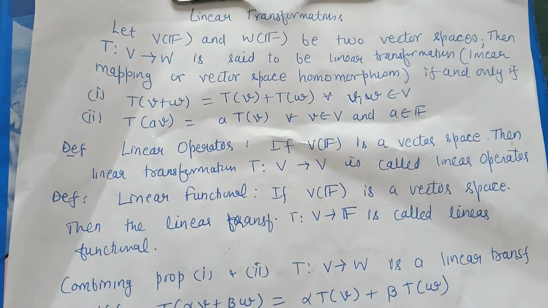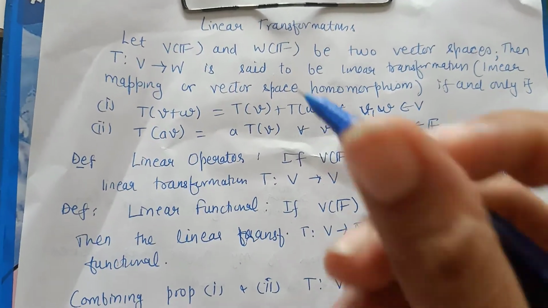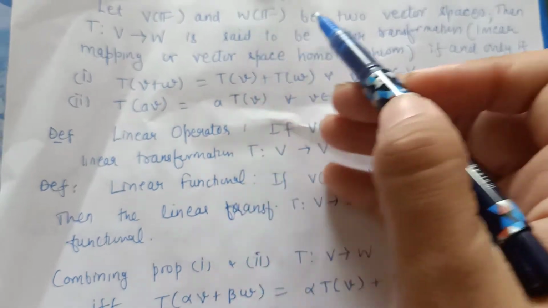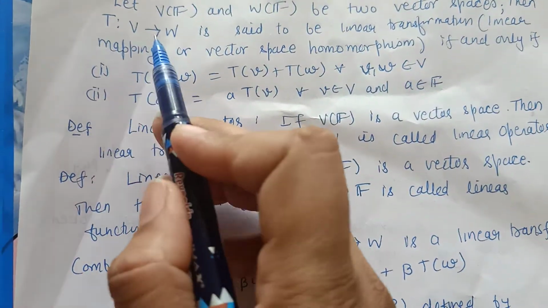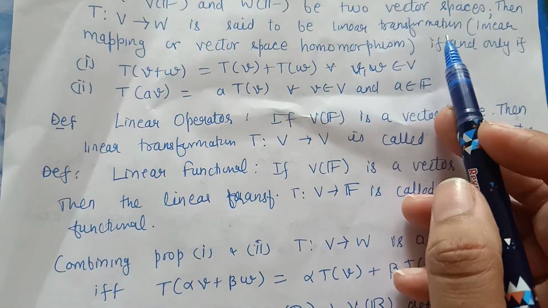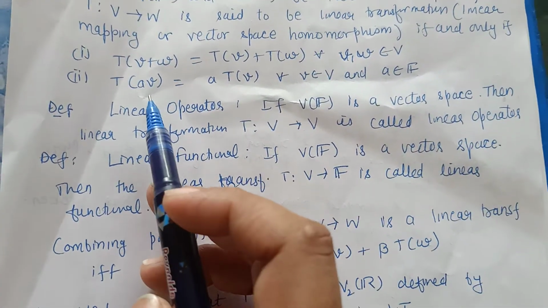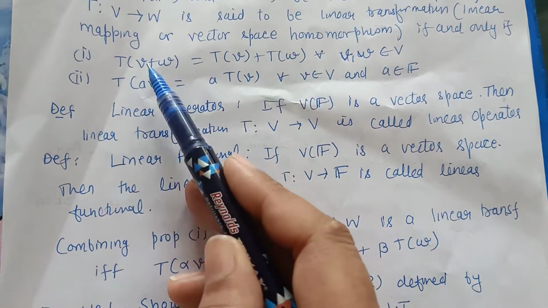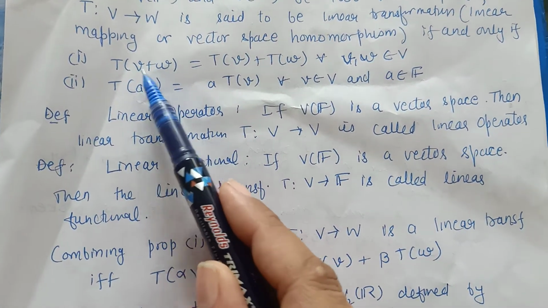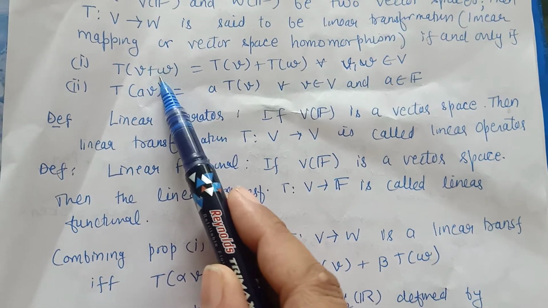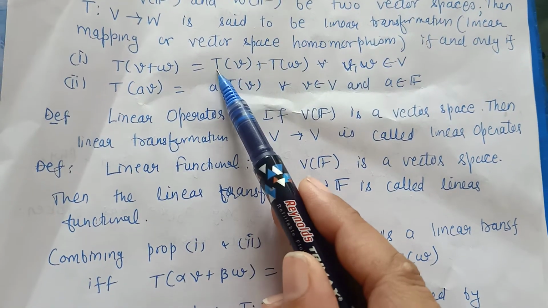Next, I am starting with linear transformations. Let V and W be two vector spaces over the field F. Then a mapping T from V to W is said to be a linear transformation if and only if these two properties are satisfied. That is, T takes the sum of two vectors onto